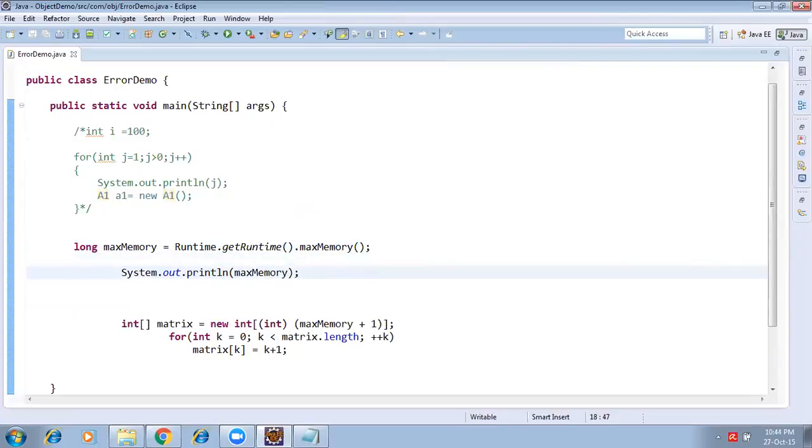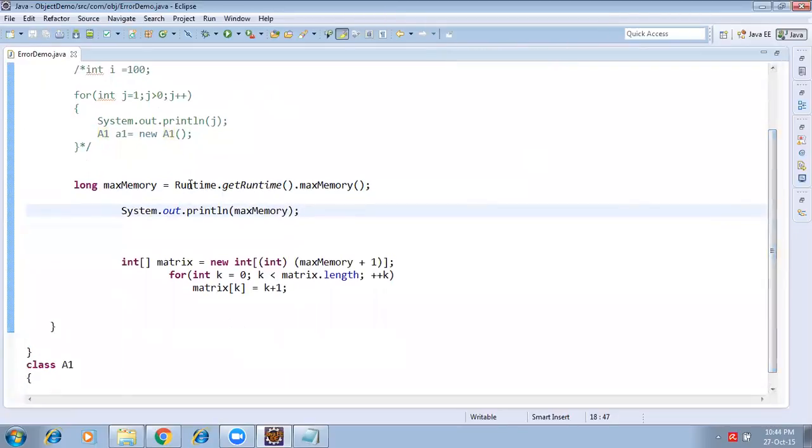I will explain how that scenario comes. Runtime is one of the existing JDK classes. Inside it there is a method, get runtime and max memory. So we are trying to get max memory. What will it give? It will give a number, the max memory. For my machine, 4 GB RAM is there. So when I'm trying to do so many operations, the 4